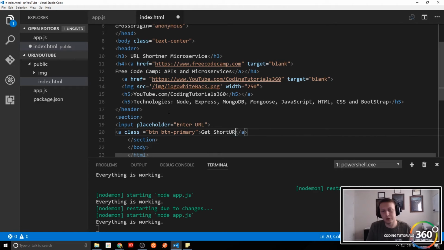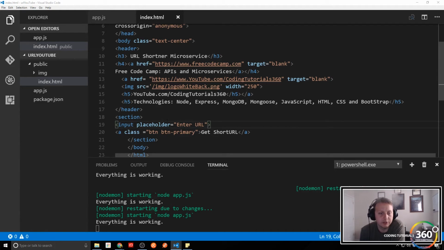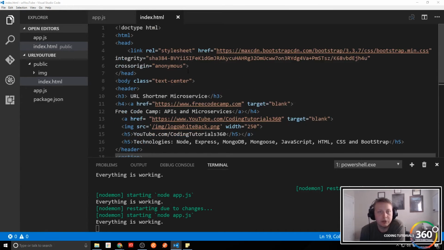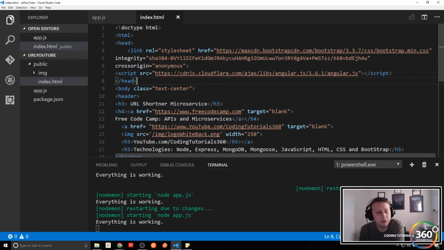And so I'll do a quick rundown of some Angular. I'm an Angular developer at work, so that's why we're using Angular. We're going to need a script tag. This is only if you want to do a front end. You don't have to do a front end, but I'll give you a quick rundown. So the first thing you want to do is use the script tag and get your Angular library. We're using 1.6.1, so this is going to be Angular 1, not Angular 2 or 3, or I believe they're up to 4 now. And the next thing we're going to do is create a JavaScript file